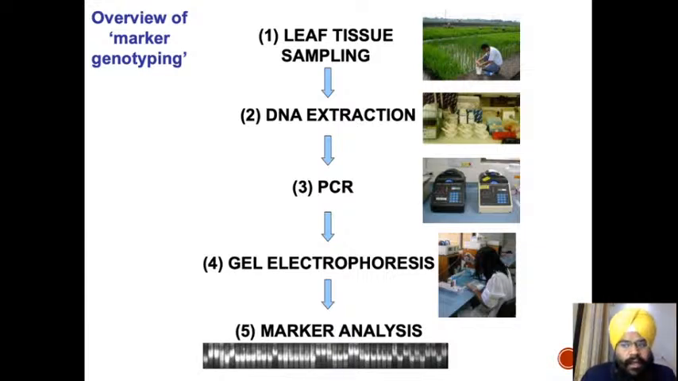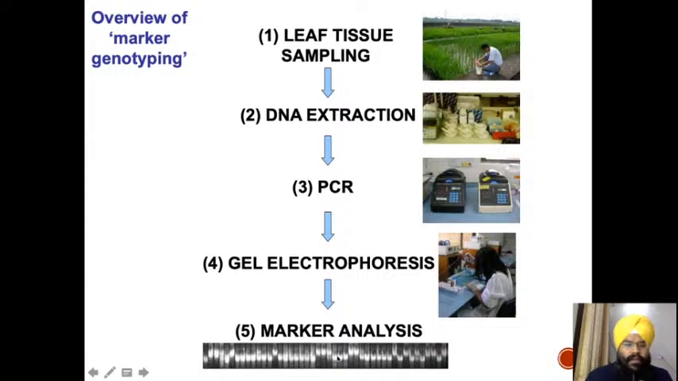How does it look? In this case, you can see leaf tissue sampling, and then DNA extraction. Then furthermore, PCR is done. Then gel electrophoresis, then marker analysis. In these five steps, from leaf tissue sampling to marker analysis, your overview of marker genotyping is done. So here leaf samples are being taken, then DNA is extracted, then the PCR machine is used, then gel electrophoresis is done, then your marker analysis, where you're looking for polymorphic regions which have differentiated like this one,